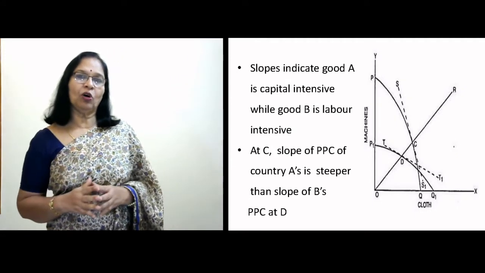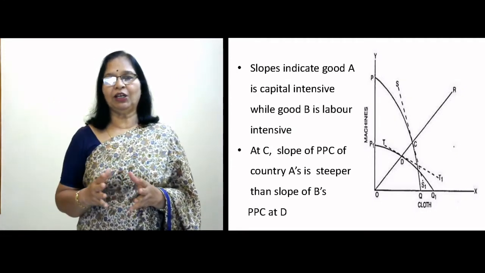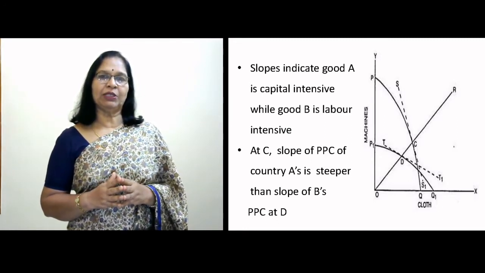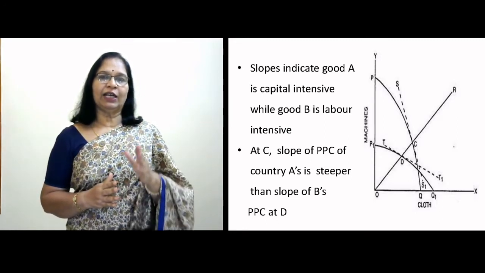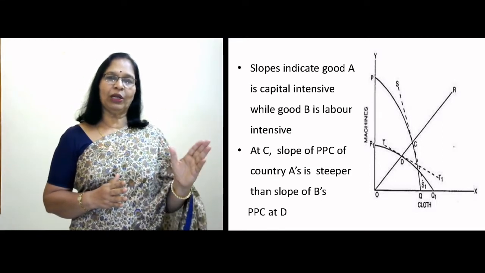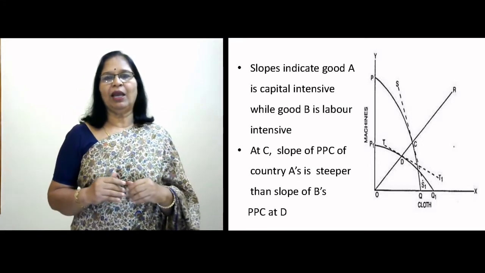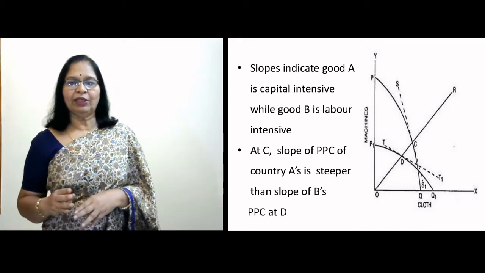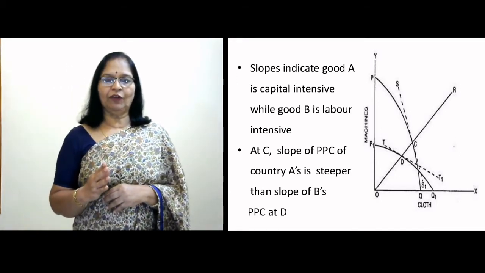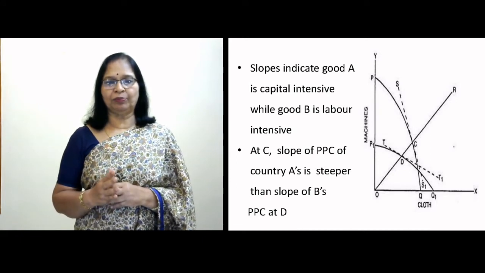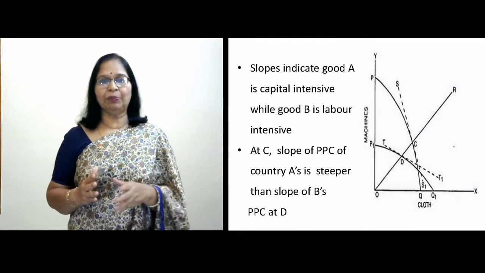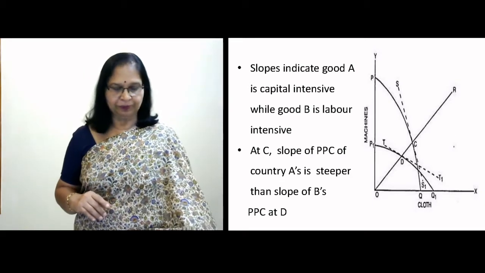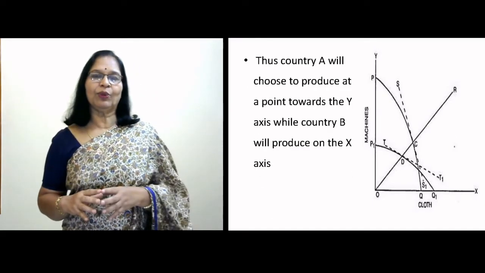But the slopes of the two production possibility curves indicate something else. The slopes of the two production possibility curves indicate that country A seems to have more capital abundance and country B has got more labor. The slope of the PPC of country A is steeper than the slope of the PPC of country B. So thus we can say